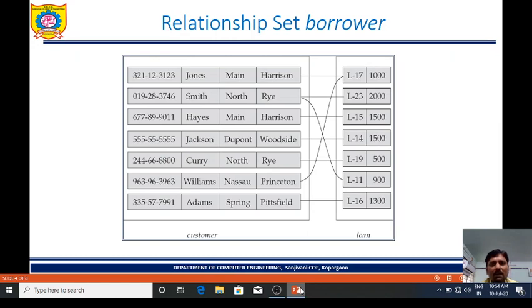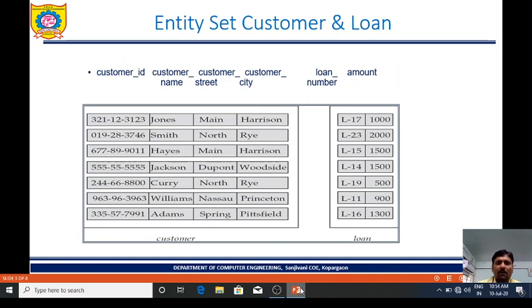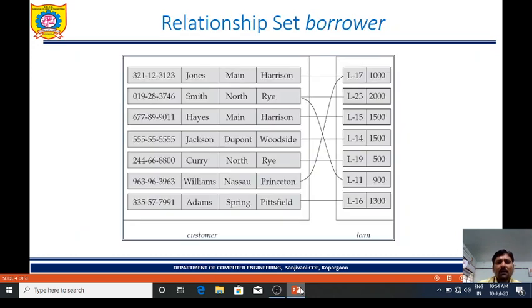Now you can see the example of relationship set borrower. You can see the example in between two relations, customer and loan, relationship set borrower. Here you can see the customer name Smith.